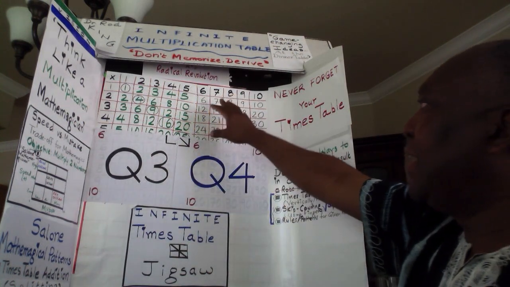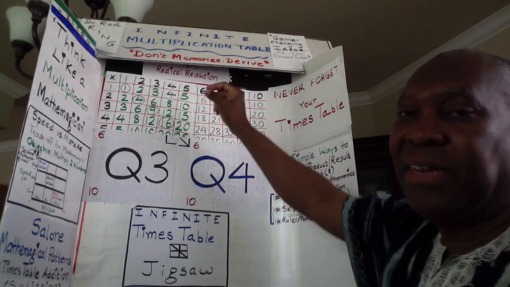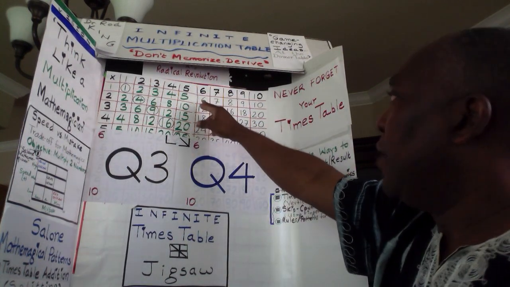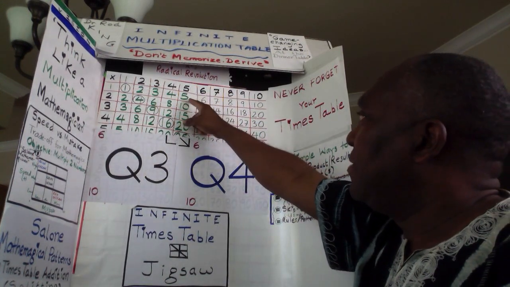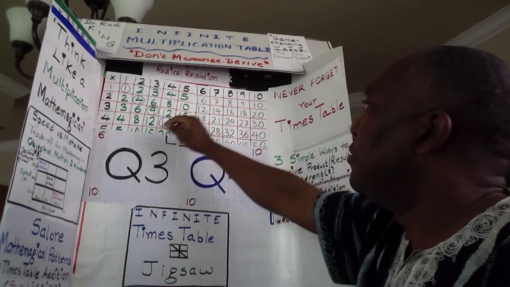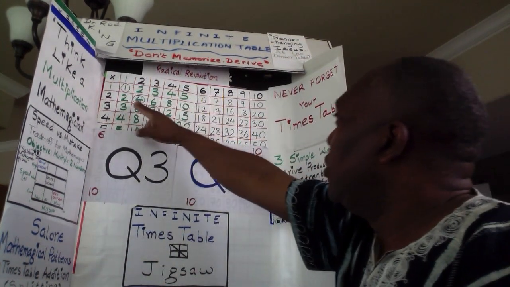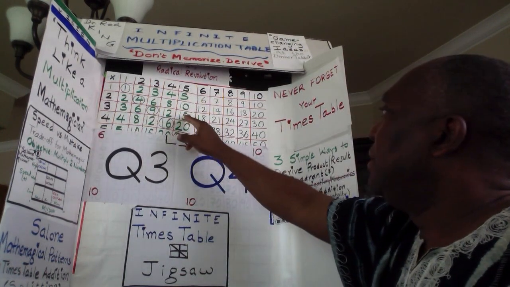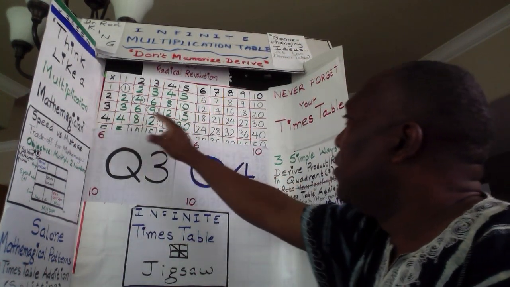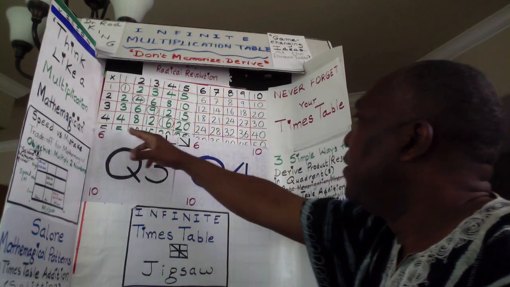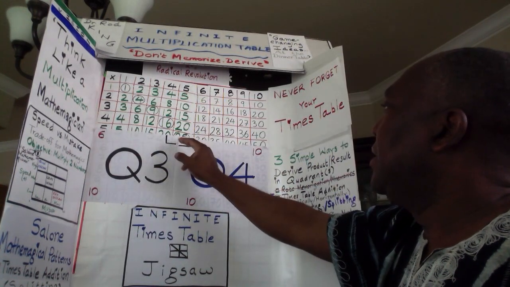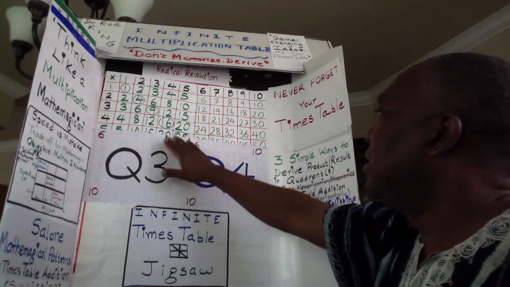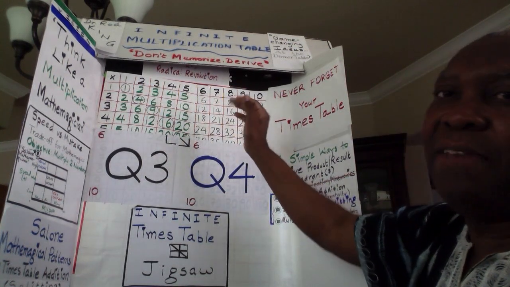And for quadrant 2, it begins at the 6 times table, and we can say the 6 times table is the 5 times table plus the 1 times table. So 5 and 1 give you 6, 2 and 10 give you 12, 3 and 15 give you 18, 4 and 20 give you 24, 5 and 25 give you 30. So you can derive these.